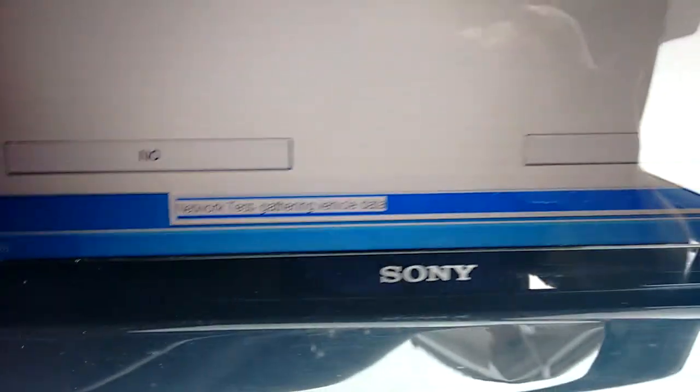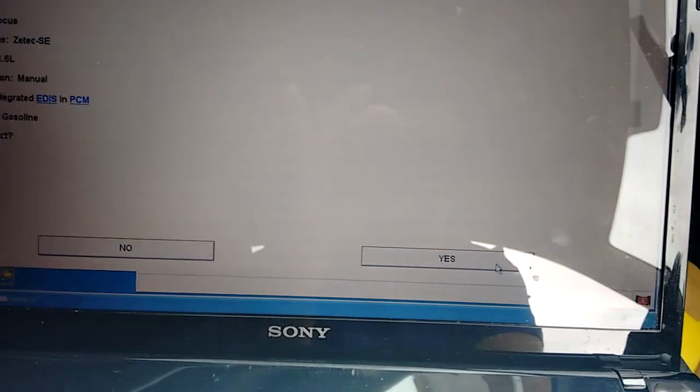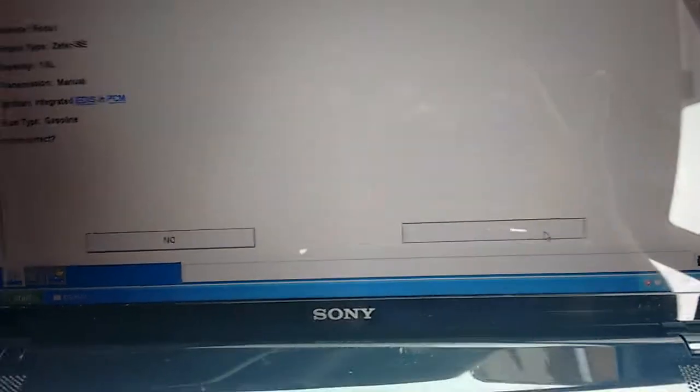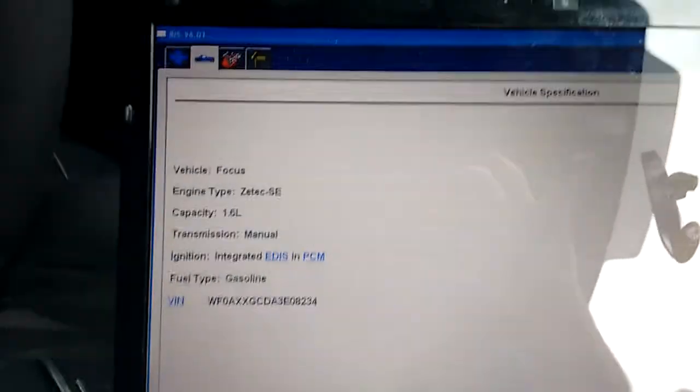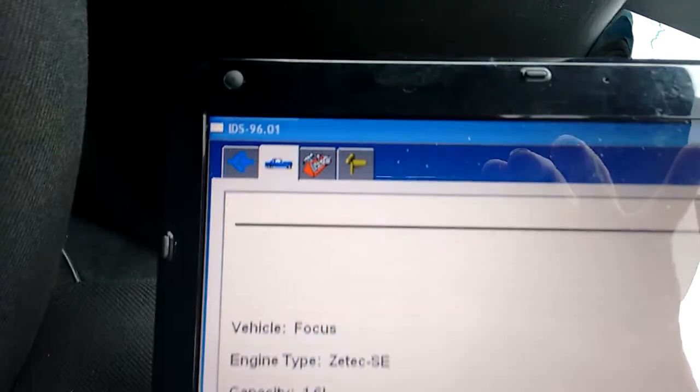Then here a network test. So you just check to say yes. That's the one we're working on, and then you can just hit the cross at the bottom right hand corner here. And it goes into this here. So what you then do is you go to this, you see the wee toolbox up the top, you click on that,